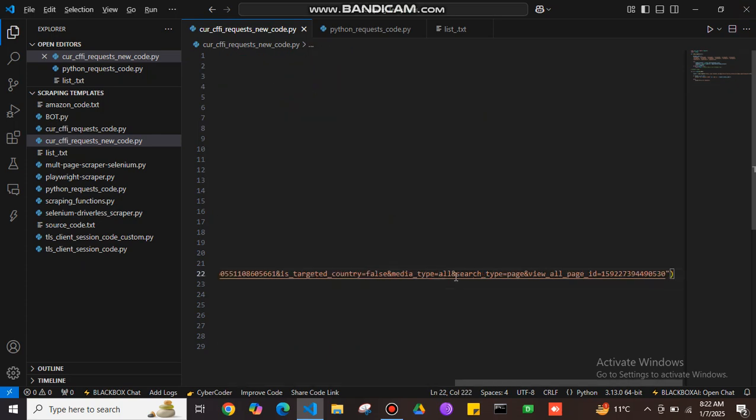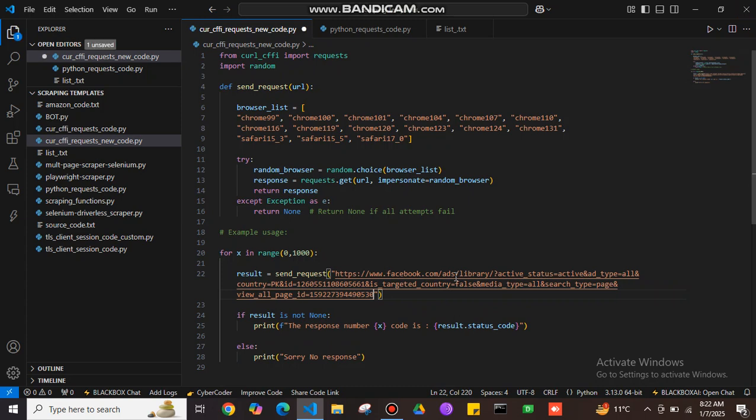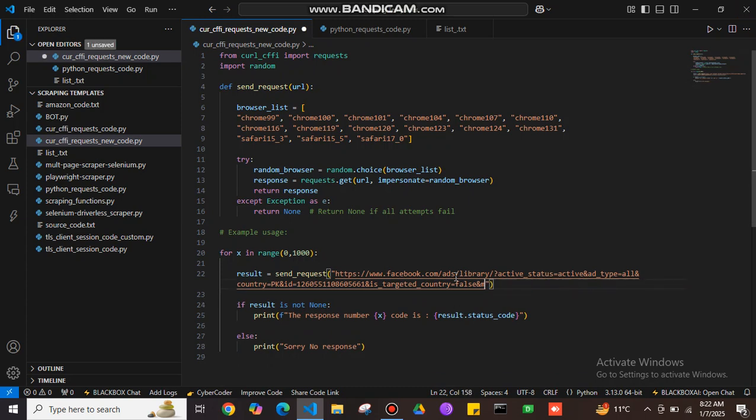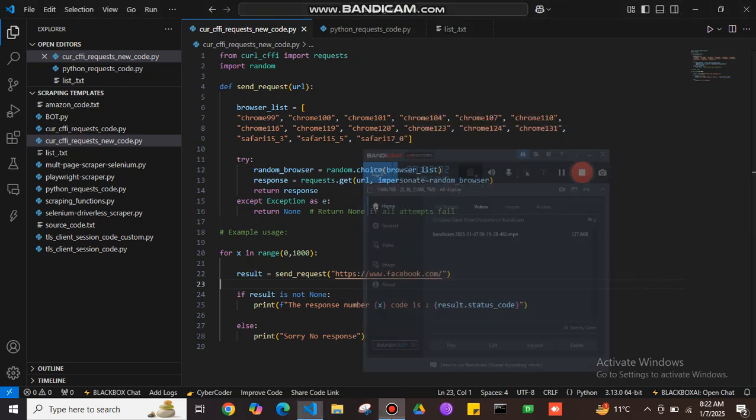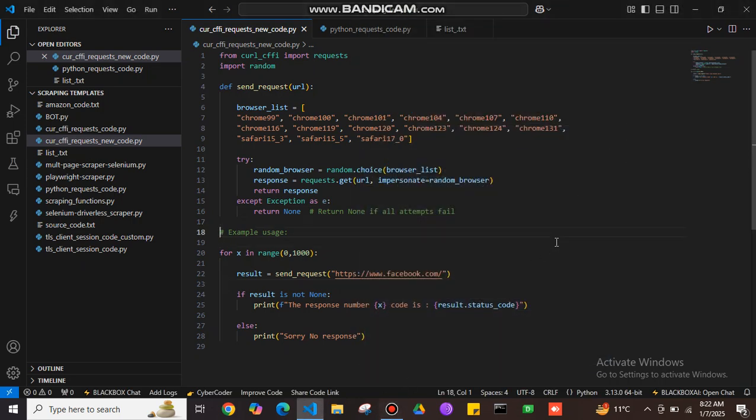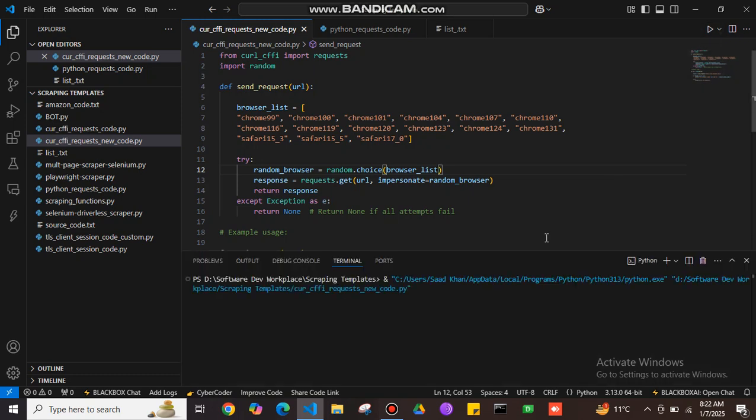I am accessing Facebook again, but let me clear this first. I will run a simple test and show you how you can send the request without getting blocked. When I ran facebook.com through requests, it failed, and now I'm going to run it with curl CFFI. Basically it's using the curl protocol and TLS fingerprint. When I run this,